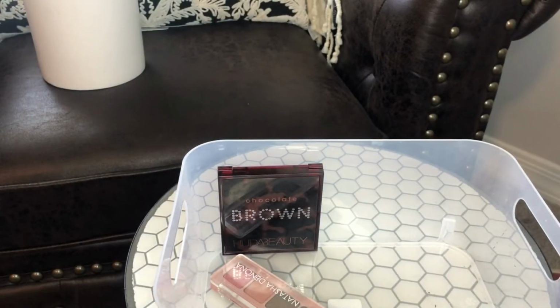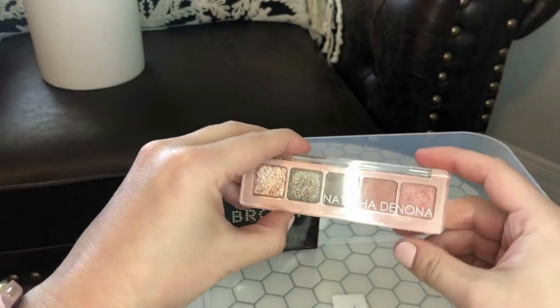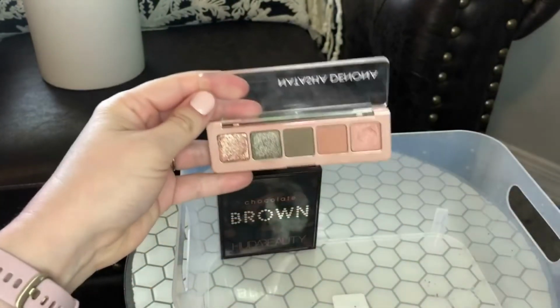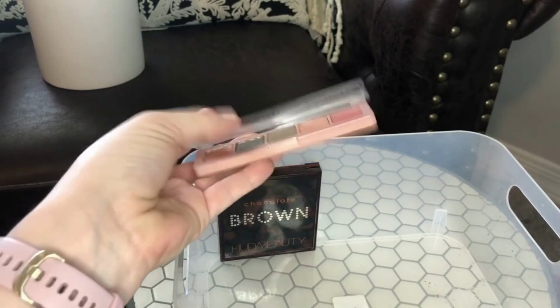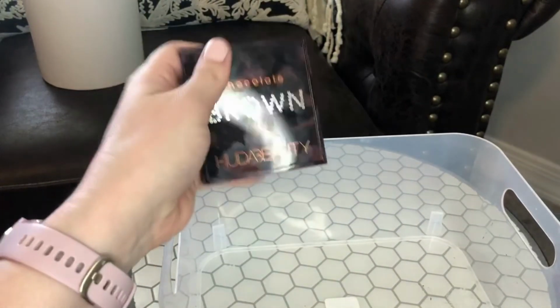And then I always like to have a few different eyeshadow mixtures, both from Sephora, both recent. So this is the Natasha Denona Mini Retro Palette. So you can do a mixture of like pinky green looks. Been enjoying that. And then lastly, I just picked this up because I did have a few returns to Sephora that I had to make,